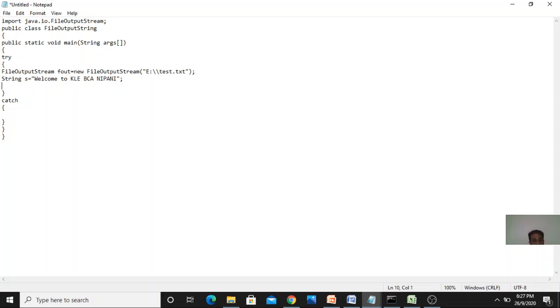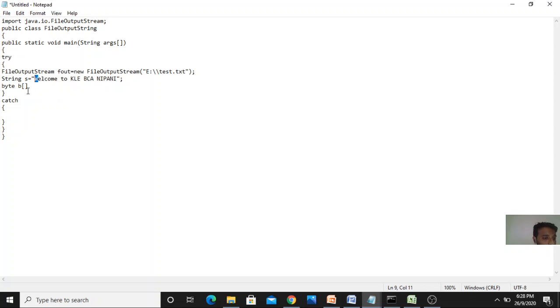Here I will create an array of byte, and I will store each character into this array. First it will store at index 0 the value w, at index 1 the value e, at index 2 the value m, and so on.